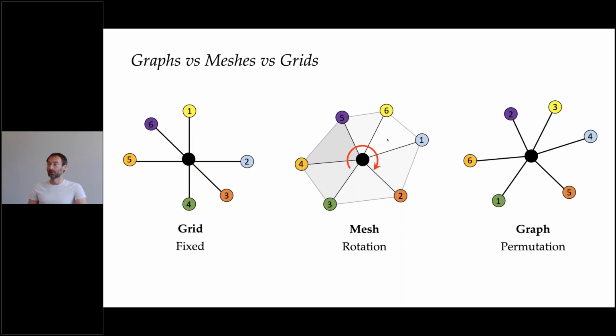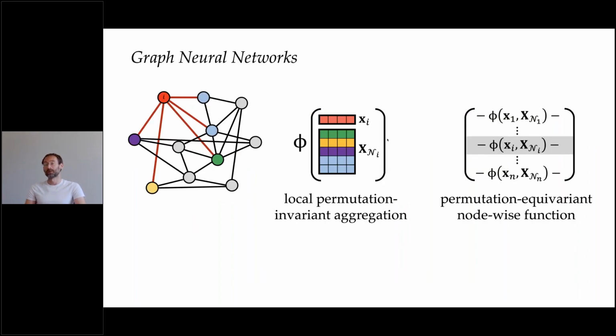On the graph, I'm bound to dealing with any arbitrary permutation of the nodes, and therefore graphs have the least structure, right? The kinds of operations that we can define on the graph have to account for all these possible representations. And this is how graph neural networks have historically been designed. You have a local function that aggregates features from your neighbors that, exactly because of this ambiguity, must be permutation invariant, and applying it at every node in the graph, you get a permutation equivariant representation. So it changes in the same way with the permutation of the nodes in the input graph.